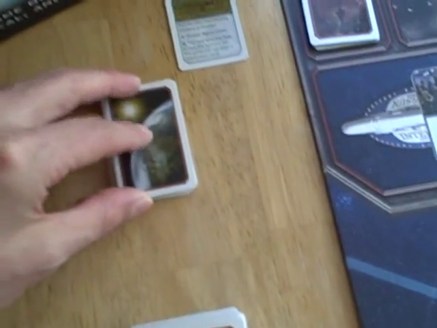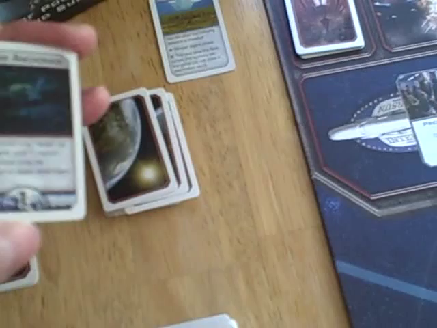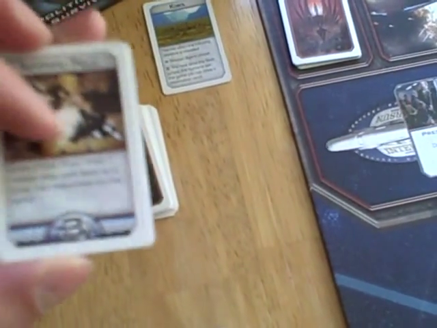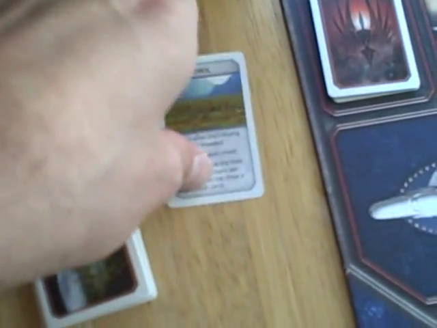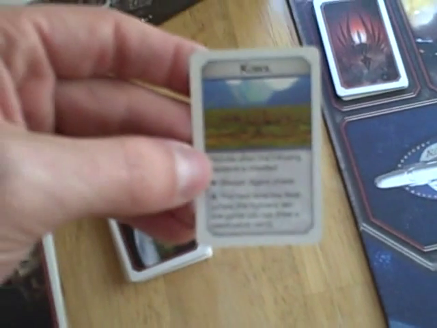This is the jump deck. These are the locations that the ship will visit on its way to Cobalt, or a place to settle. This is the Cobalt card that shows you, I'm not sure if you can read that, but it shows that